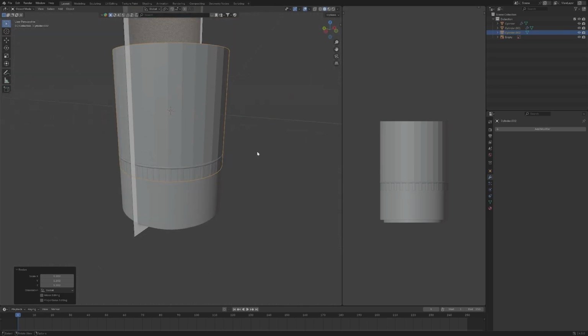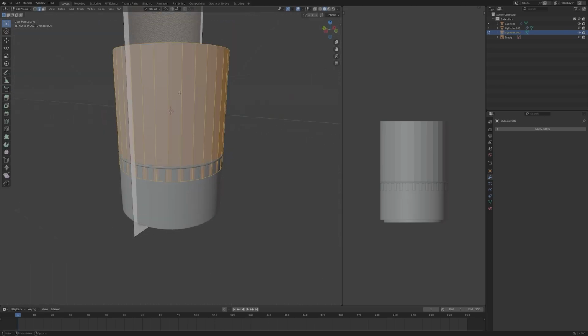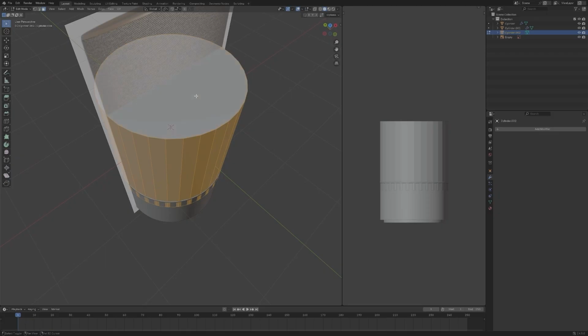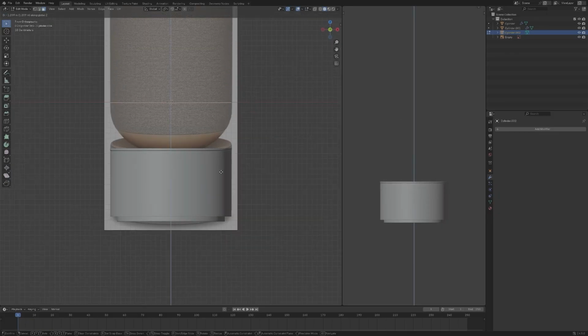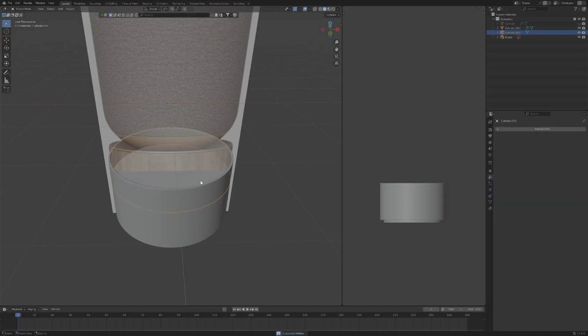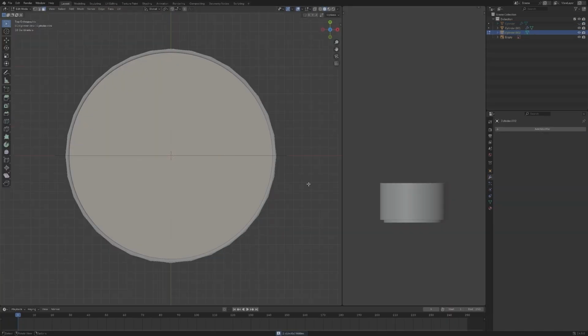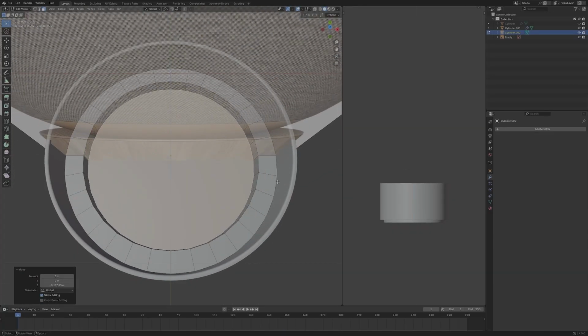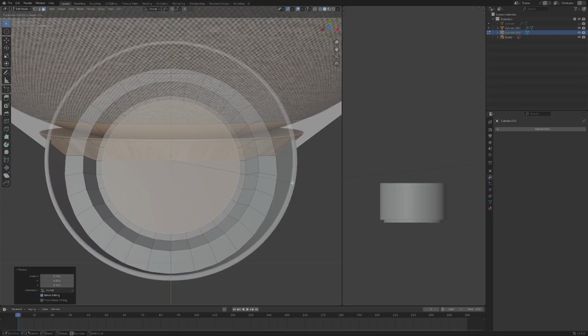And now here I add another cylinder, and for this one I want to make it for the speaker, so I just delete the middle and the bottom side, and then keep it in the anchor, so we can change it like here. All right, now I will hide this one first, and now as you can see we have a cylinder. Just insert or extrude into the middle and then extrude into the bottom,